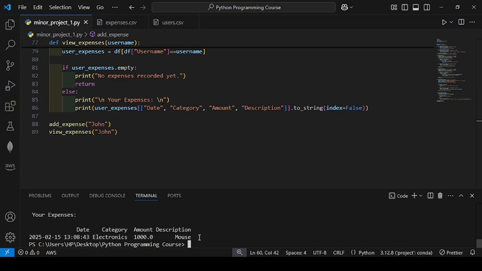Now if I print out only user expense, you will also see the username, but we don't want that, because we are accessing it for John, so we don't want the name of John. Okay, so after that we have to analyze the expense as well. So I will write the